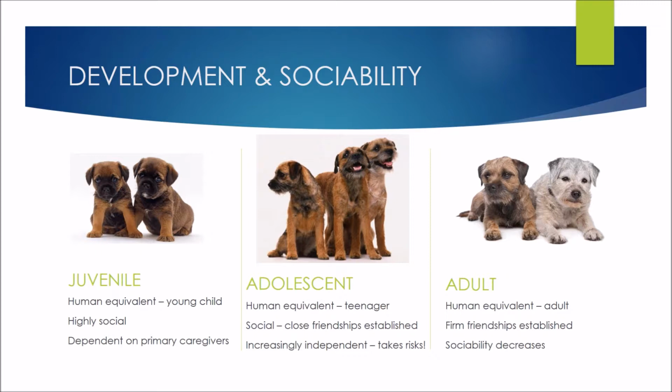And the same thing happens with our adult dogs, and it's often when we can see issues start to creep in, because that adolescent dog has just become an adult, and instead of loving that mosh pit that is the dog park, they can start to have a few issues and not want to be there. They don't want to hang out at the teenage parties anymore, and that is perfectly fine. Now, as far as ages on this, our young pups, we're looking up to about 4 to 5 months of age, and then they will become a teenager.